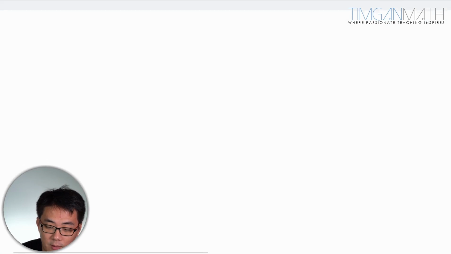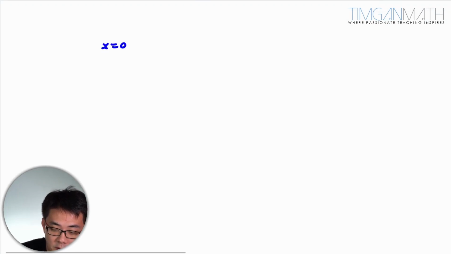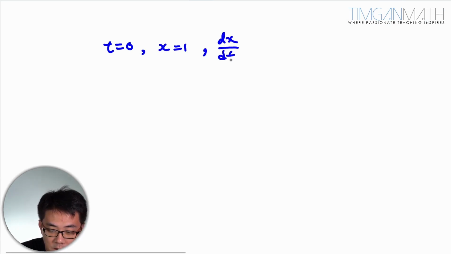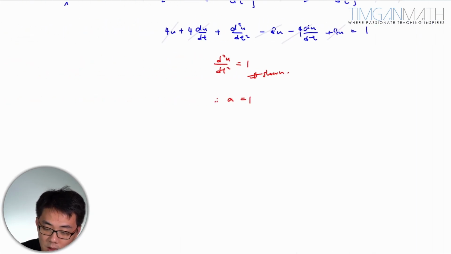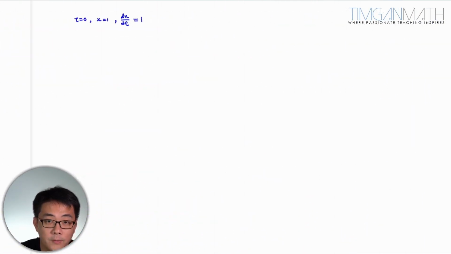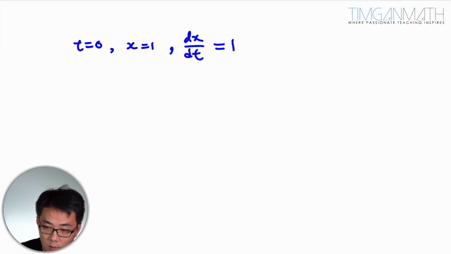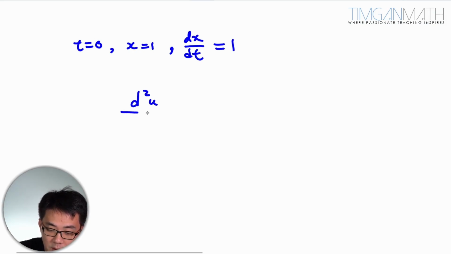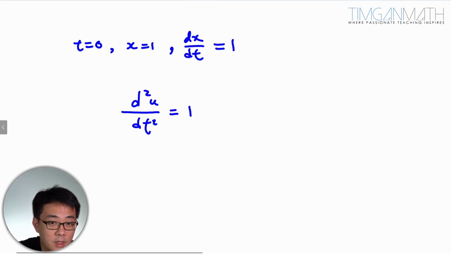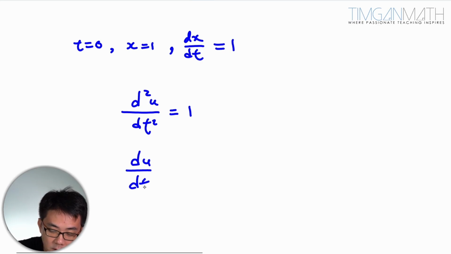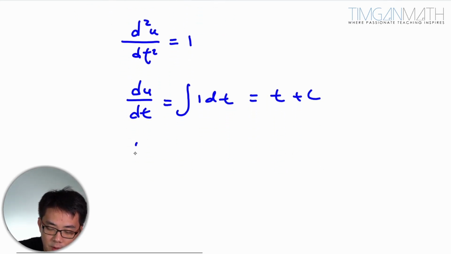So first thing, I'm going to write down all the boundary conditions. When t equals 0, the displacement at the start was 1, and dx dt, the velocity, was 1, right? So t is 0, x is 1, there you go. Now once this is done, we are going to solve this differential equation by using what they asked us to show, because this is in a separable form. Anyway, this is a second derivative, so to get that, this is 1 over dt, and this will just be t plus c, after which u will just be